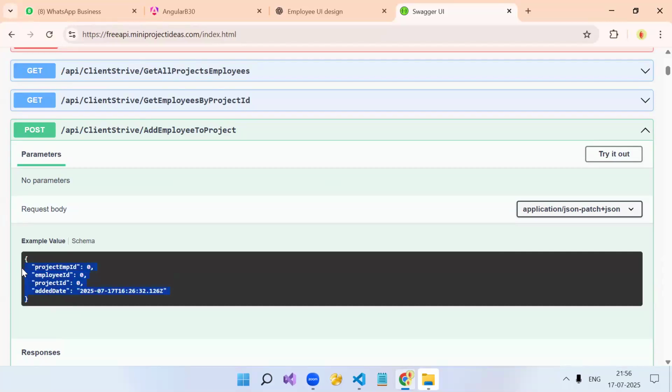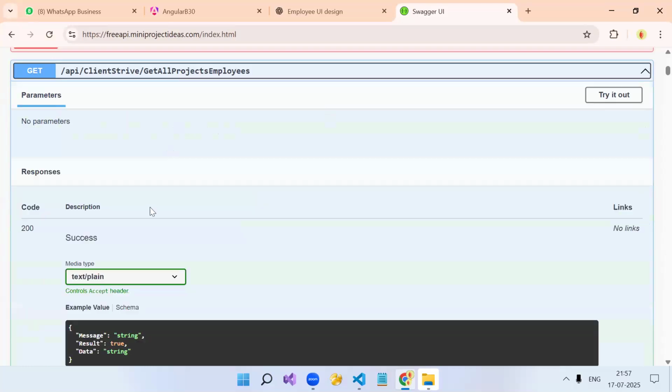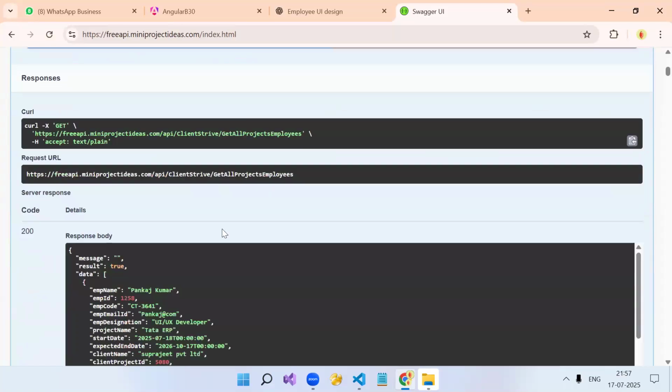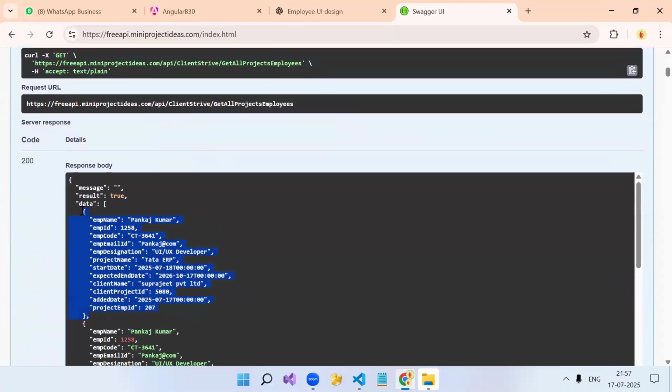But while creating the object, this is the object you need to create. But if you check the GET API of this, get project employees, see how many details are there. Got it? So GET API is for get only. We use this object just to bind it into the table, not in the form.